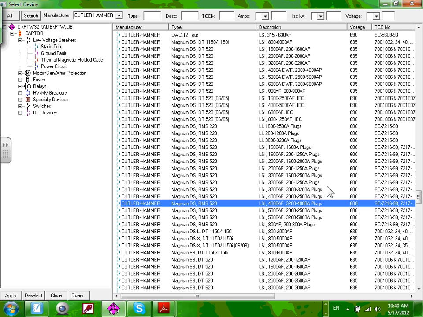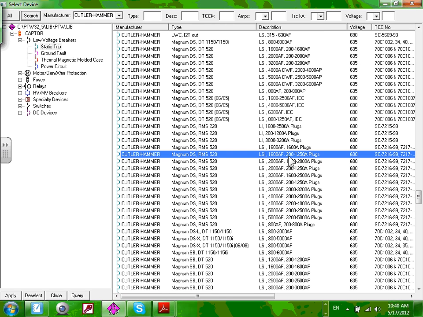So for this reason, guys, most of the stuff that we're gonna use as feeders, I'm gonna use this one. If I use a frame, let's use this. If you look at this frame, right underneath it, it's a 1600 amp frame. All the feeders that we have are less than 1600 amps. All the feeders out of this panel are less than 600 amps. So instead of using a 4000 amp for the feeders, I put a 1600 amp frame that can go from